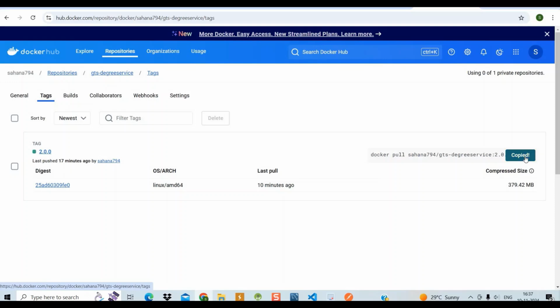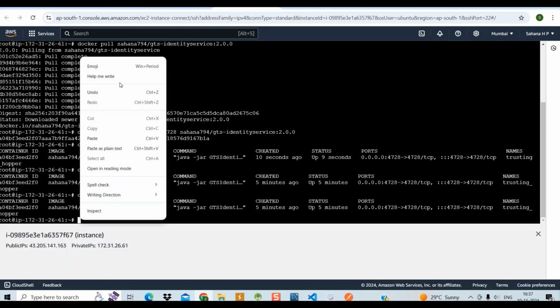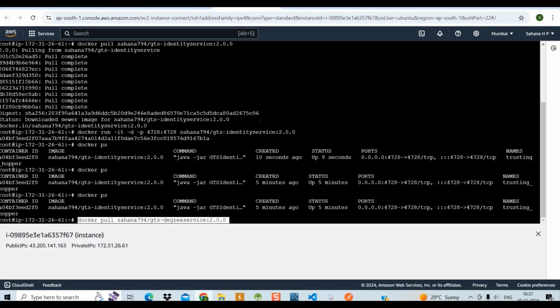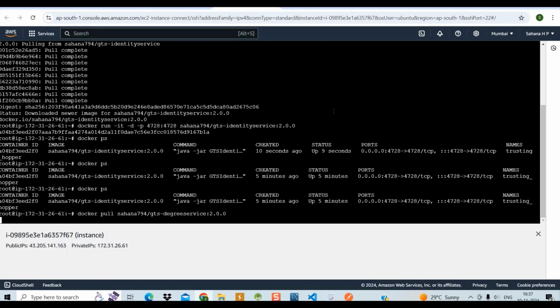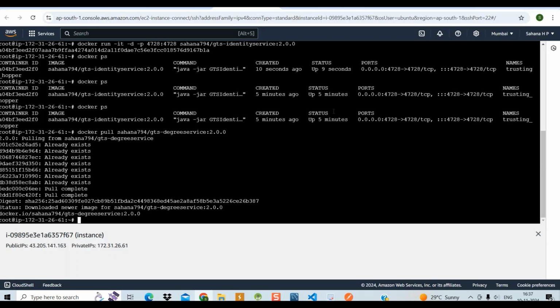Here we need to copy this one and go to the EC2 instance, paste it here, run. So it's pulling. Yeah, it's successfully pulled. Then we need to run docker run